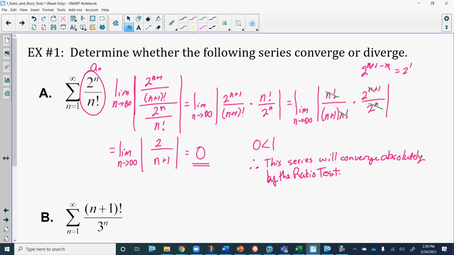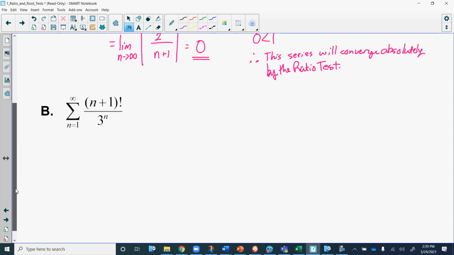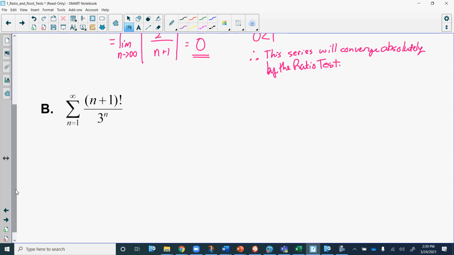So we showed that the ratio test produced a limit of 0. 0 is less than 1. So according to the ratio test, we can say that the series 2n over n factorial must converge absolutely. So moving on to the next example here, again, the idea that we have something as a factorial and/or